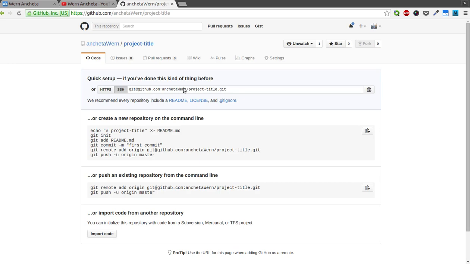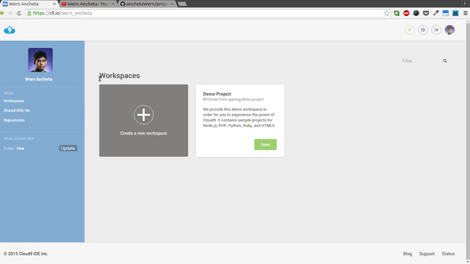Now make sure that the SSH button is clicked. The SSH link should look like that. The HTTPS is different, so what we need is the SSH. So copy this, and then the group leader will now go to his